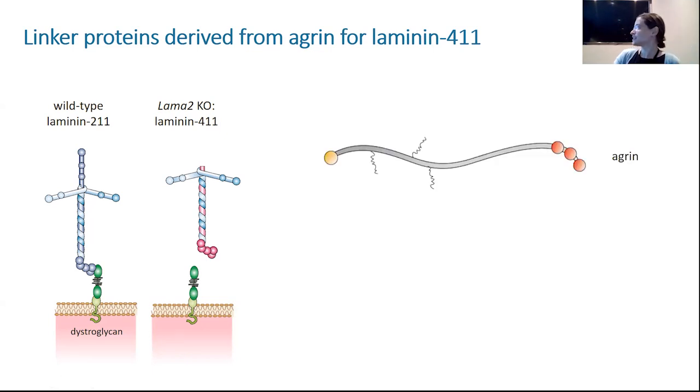And the challenge there is, as mentioned before, we don't want to bring into the body something that the body has never seen. And that's why we try to make use of the toolbox that is already there. And we try to take domains or parts of proteins that are also found in the muscles of the patients. And for this, we take another protein, which is called agrin. So the name is not really important here, but this is also a huge protein, and researchers have studied the function of this protein. And they actually found that this protein can bind here to laminins, and it also can bind to